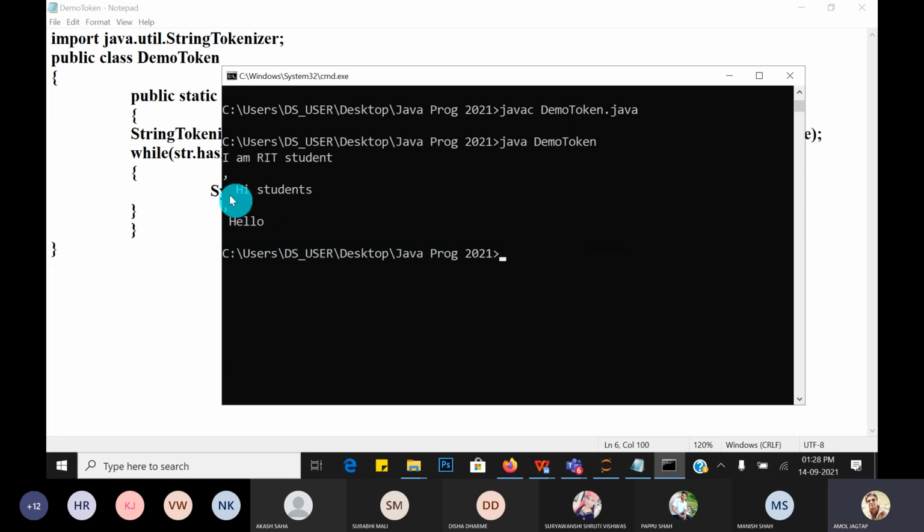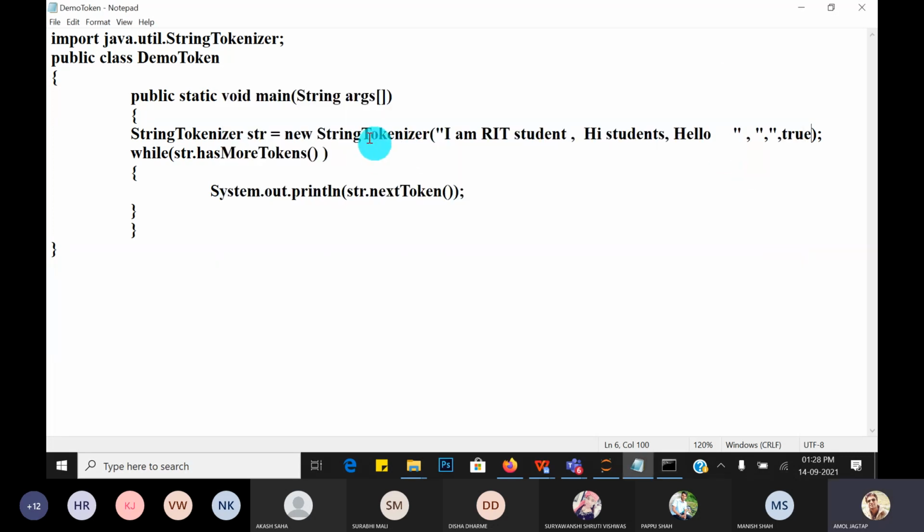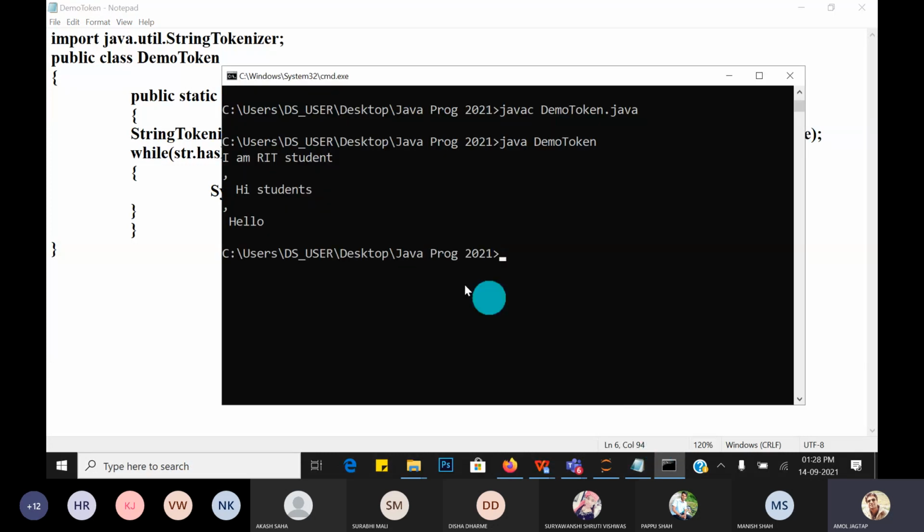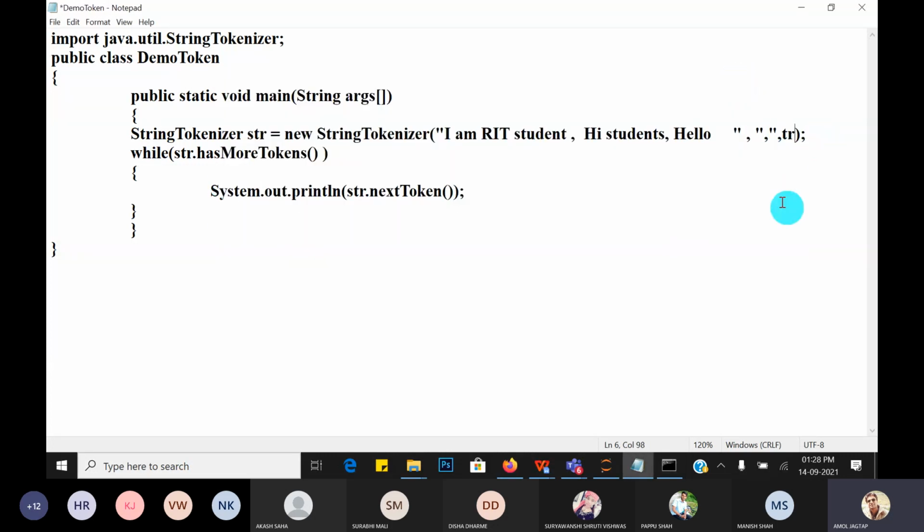Yes, if in the StringTokenizer constructor I have passed the third argument as a boolean true, true means the delimiter is treated as a separate token. So here, the comma is treated as a separate token. On the basis of that, we divide the string into tokens on the basis of the delimiter comma, but the comma is treated as a string again. So that is also one token. Great. And if you write false,